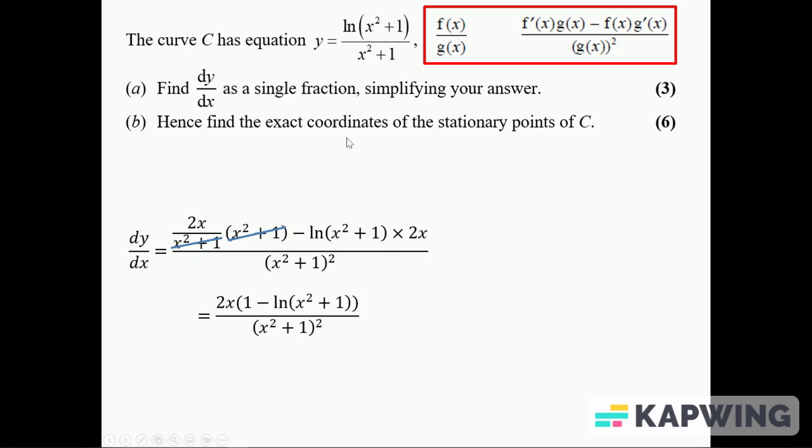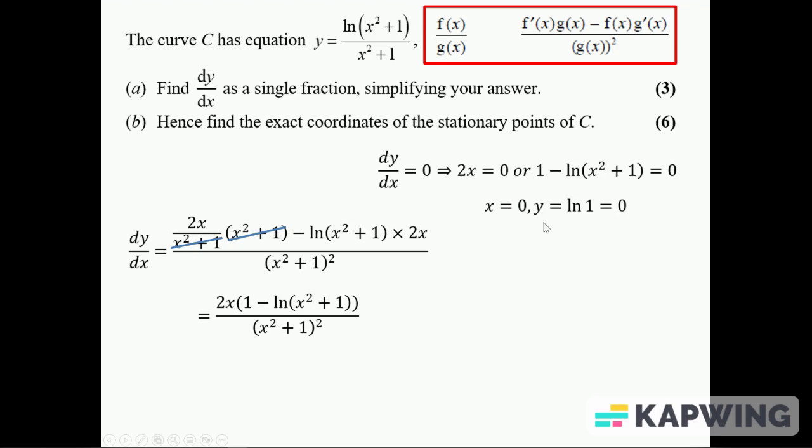And then the exact coordinates of the stationary points. Well, I need to make this top line equal to 0 because I've got it factorized, and either 2x equal to 0, or that bracket's equal to 0. If x is equal to 0, then y, well, it's going to be ln 1 over 1, which is just